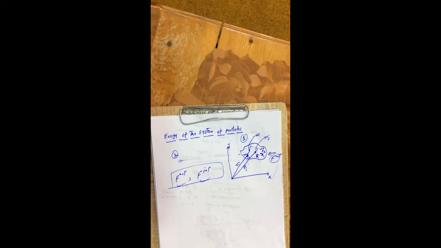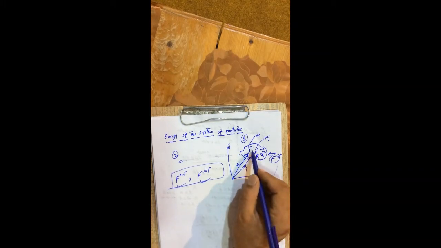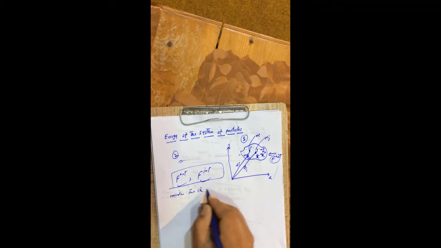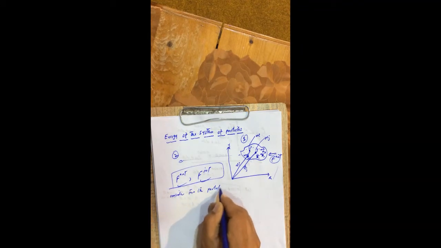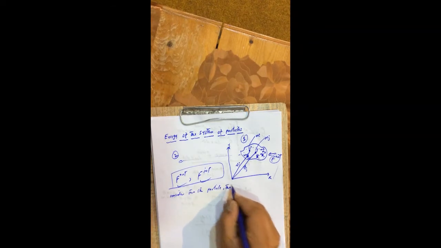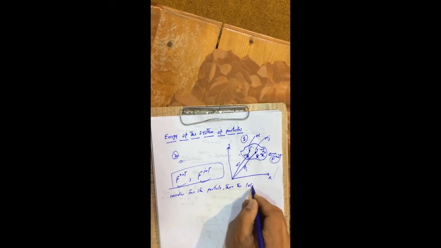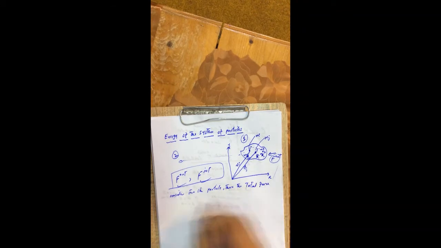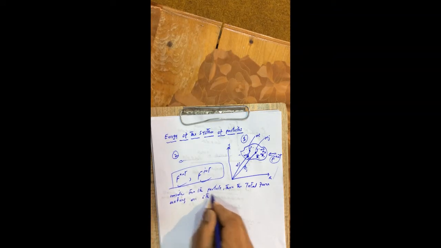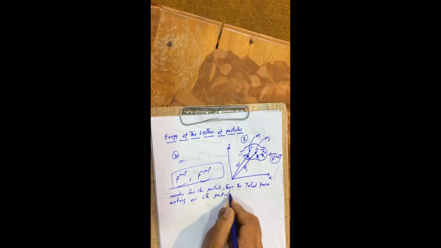Now I consider the ith particle first. If I consider the ith particle, then the total force acting on this ith particle is the net force acting on the ith particle, which I represent by Fi,